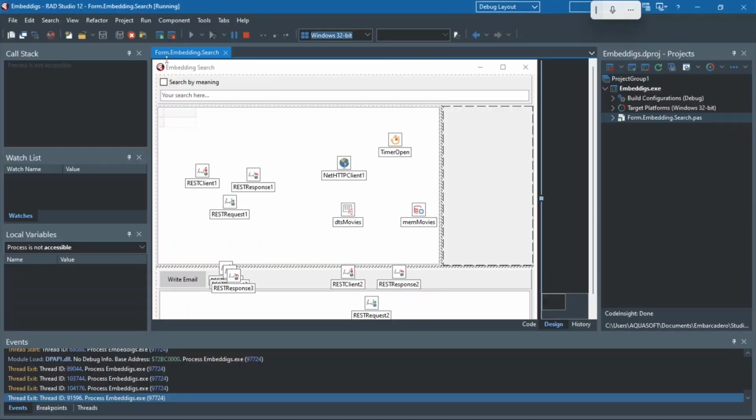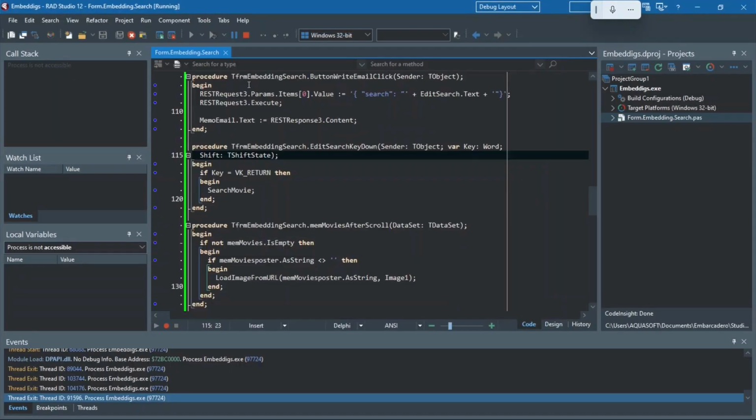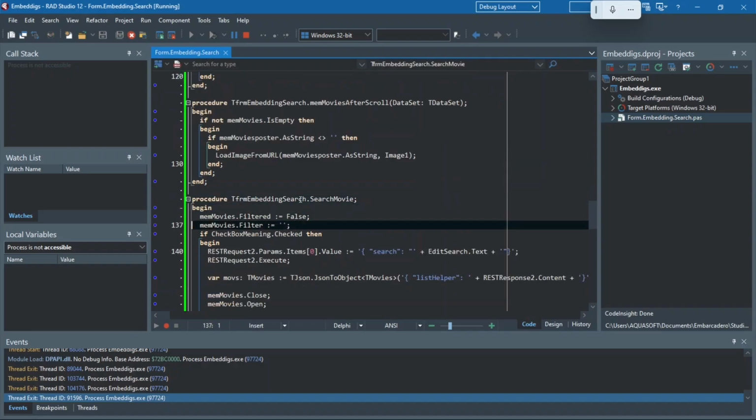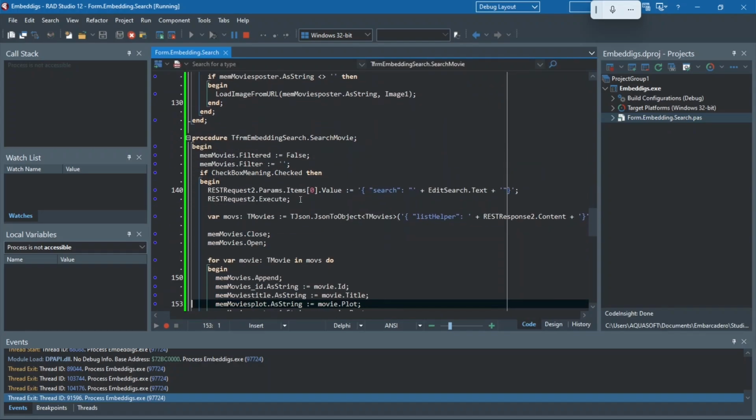And let me just scroll you here over the source code in Delphi. Like I told you, a very simple source code. It's nothing that takes a lot of time. If the checkbox search by meaning was checked, I only change the request object. And of course, this is just a proof of concept application. In day to day, you will rename all the components and separate the business logic from the interface. But you get the idea. It's just a simple case to show you how to implement this functionality.